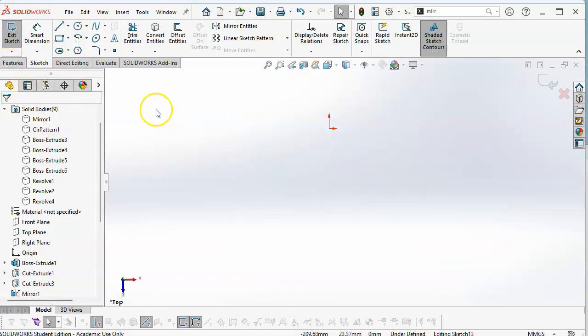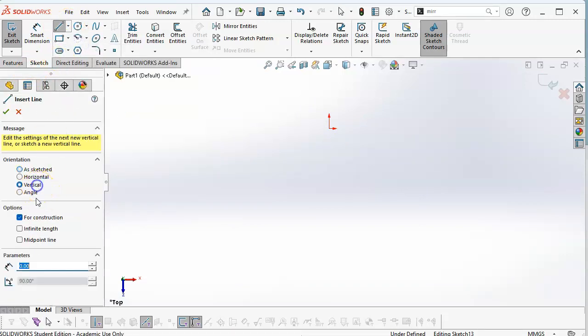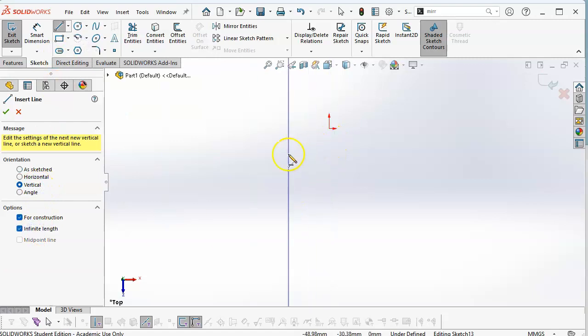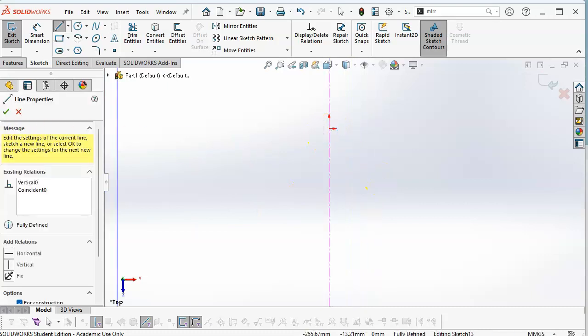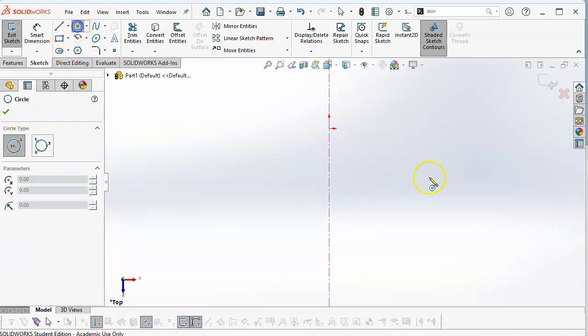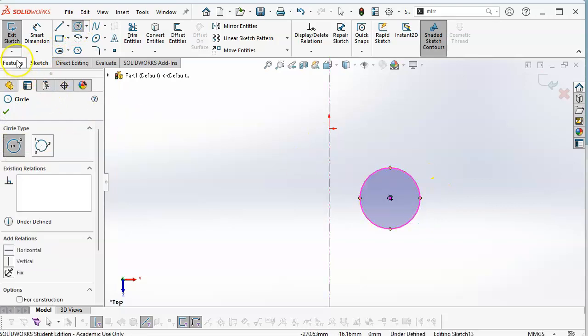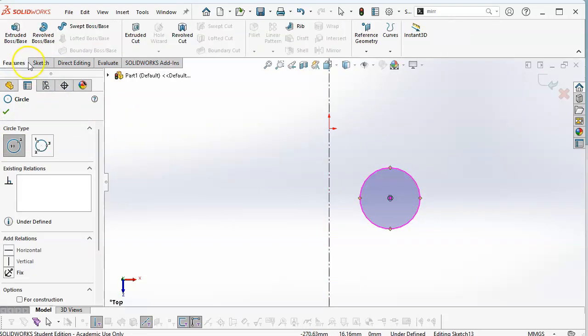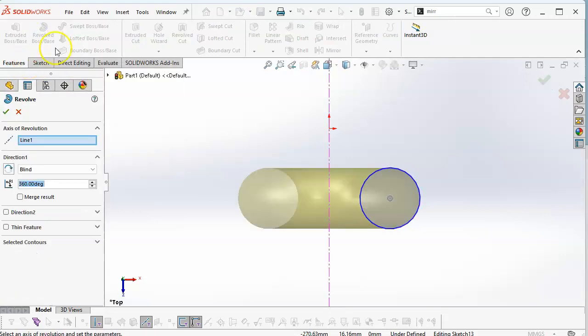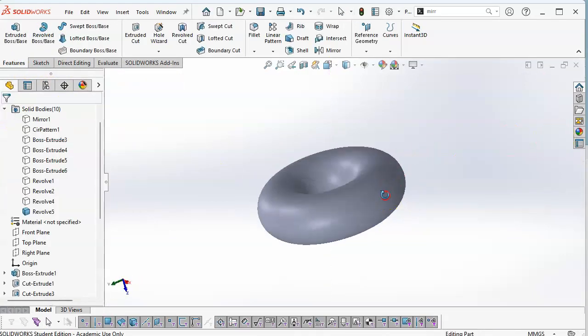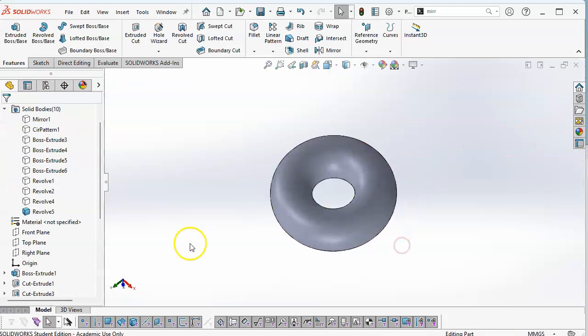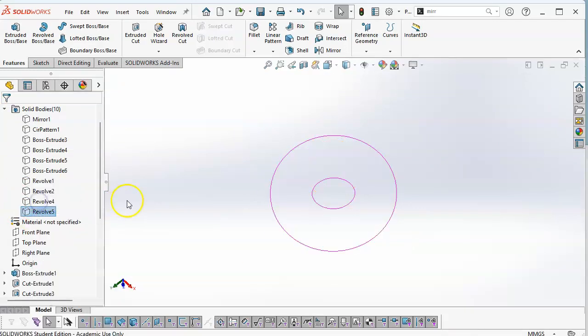All right, so we're in the front plane. Whenever I'm doing a revolve that will have geometry outside of the center line, then I'm going to do vertical or horizontal, depending on which way, in infinite length. Infinite length just says I'm not ever going to run out of this construction line. And then depending on where I put the circle, and again, under defining it means that it's going to be free to move, and possibly free to move unexpectedly. And then we'll finish up